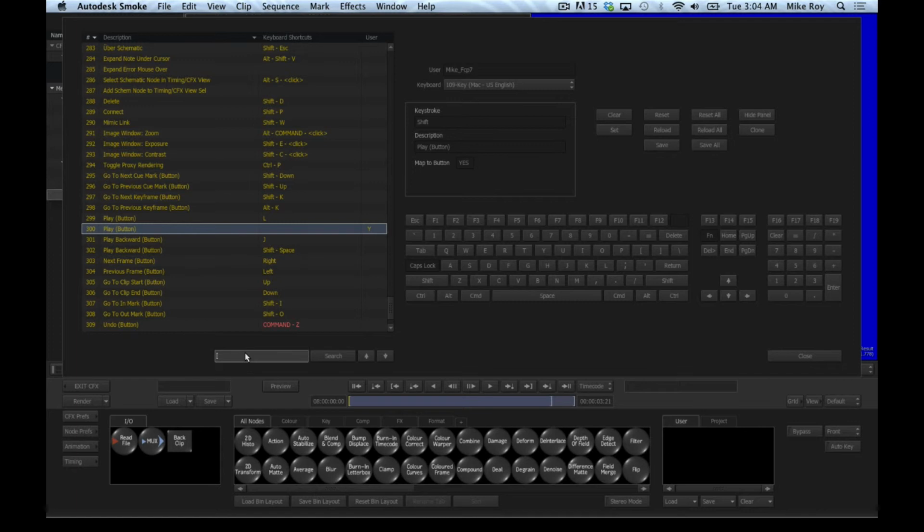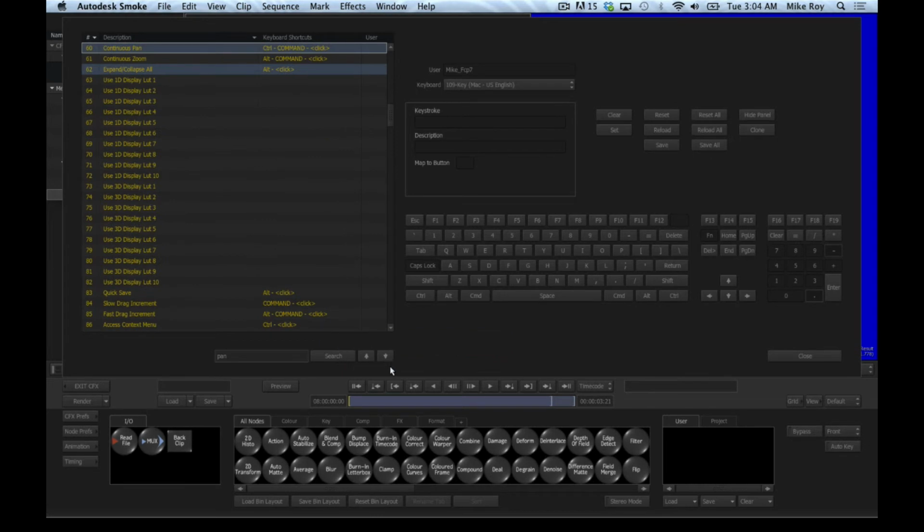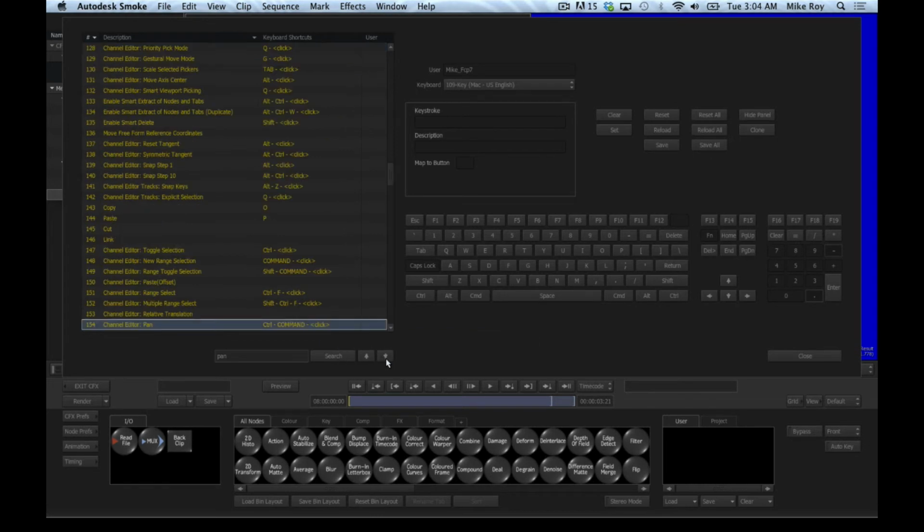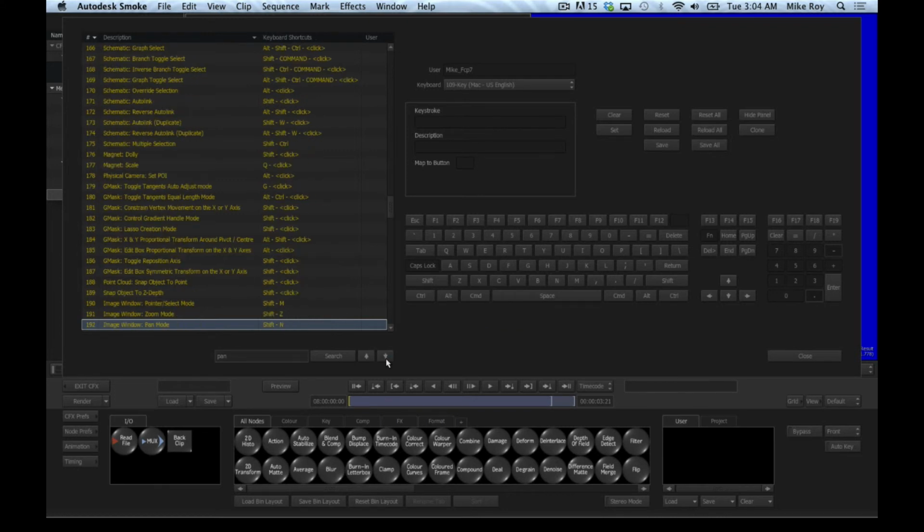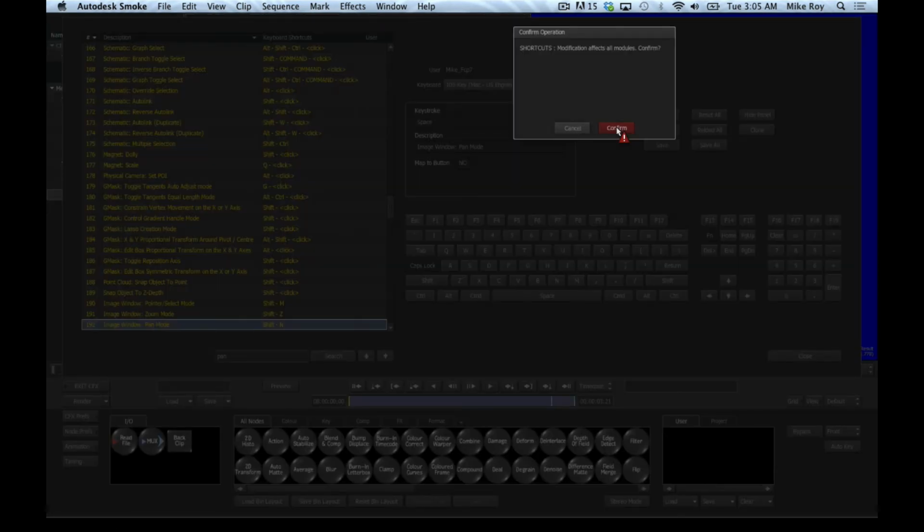And now that I've blanked that out, I'd like to set my spacebar button. So then what I'll do down here is I will type in pan to search for the pan functionality, and that will bring in all of the functions that use pan. So what I'm looking for is this image window pan mode, which is currently set to a mode by hitting Shift N. And instead of that, I'd just like to set it to spacebar. So I'd select this line and simply tap the spacebar. And notice on the keystroke field here, it changed to space. And then description would be the image pan mode in the image window. And then I would just say set, confirm,